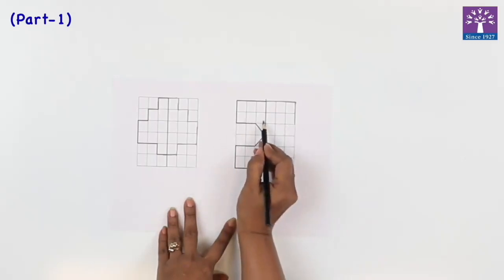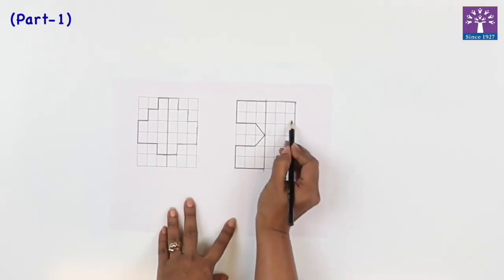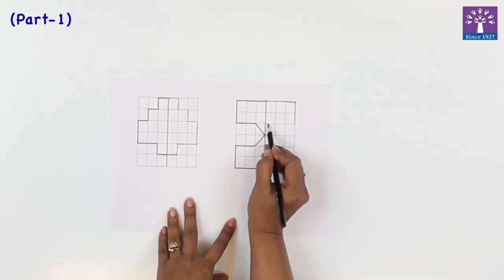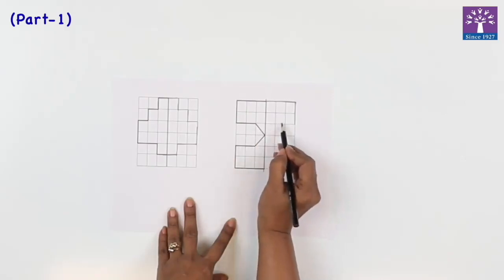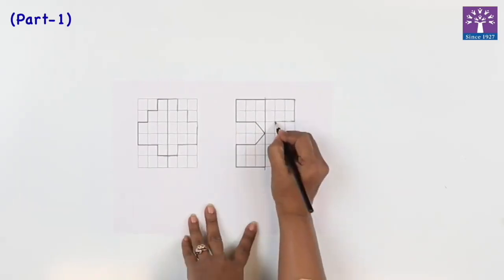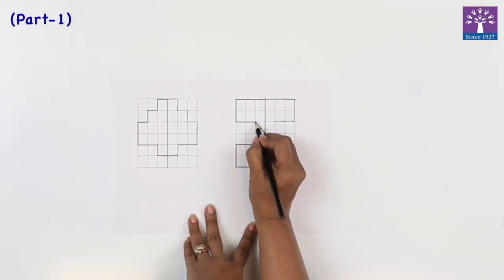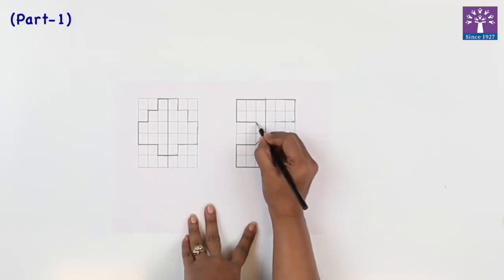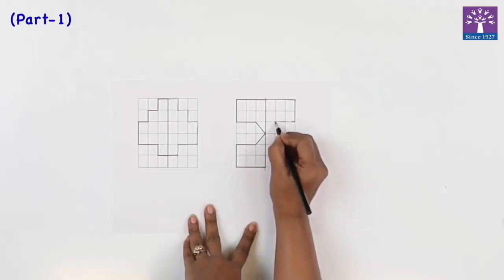1, 2, 3. 1, 2, 3. So again there is no line on this side, on this square. So we will leave this square empty and then 1 and 2. Same like 1 and 2. This is this point on both the sides of the mirror line. Okay, here we have a slant line going down from this point to this point. The center point is here with us. We have this point, see, same we will draw a slant line which connects here.